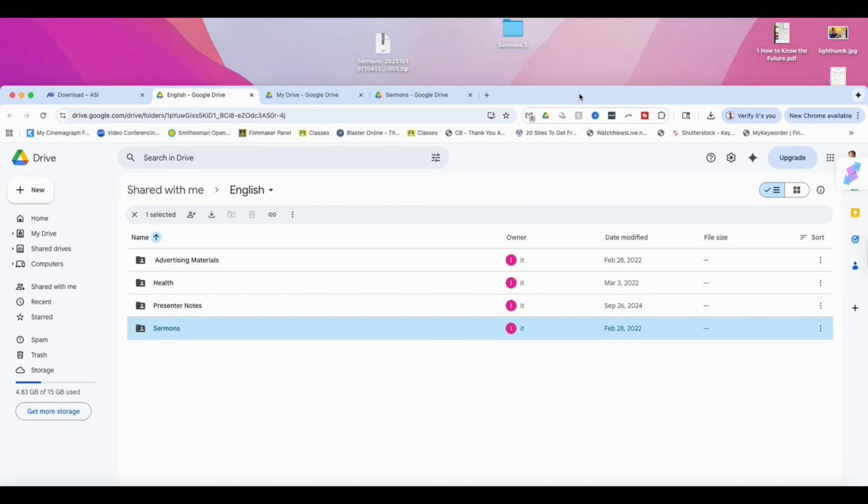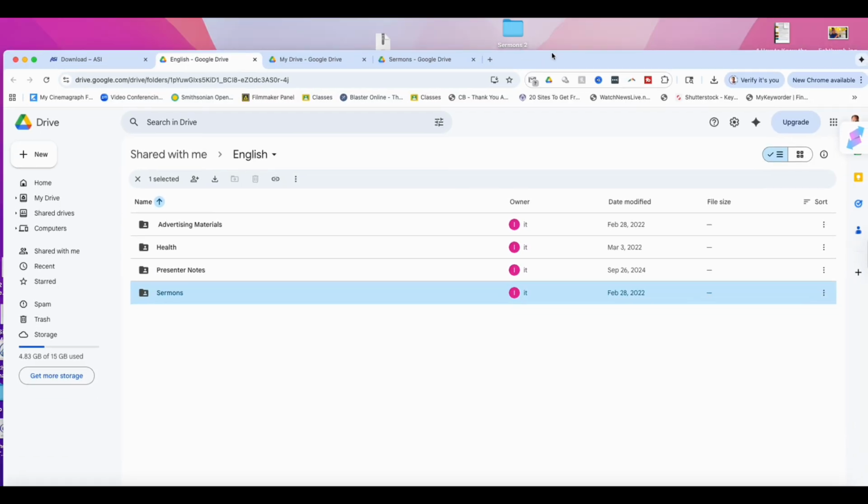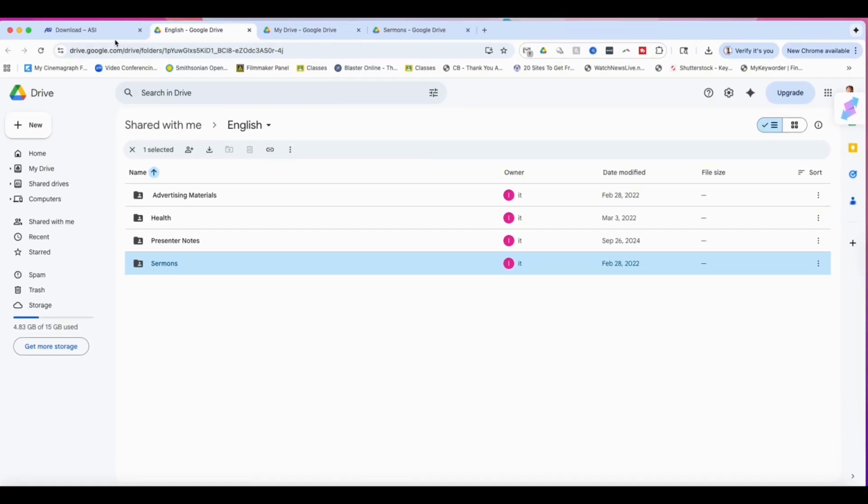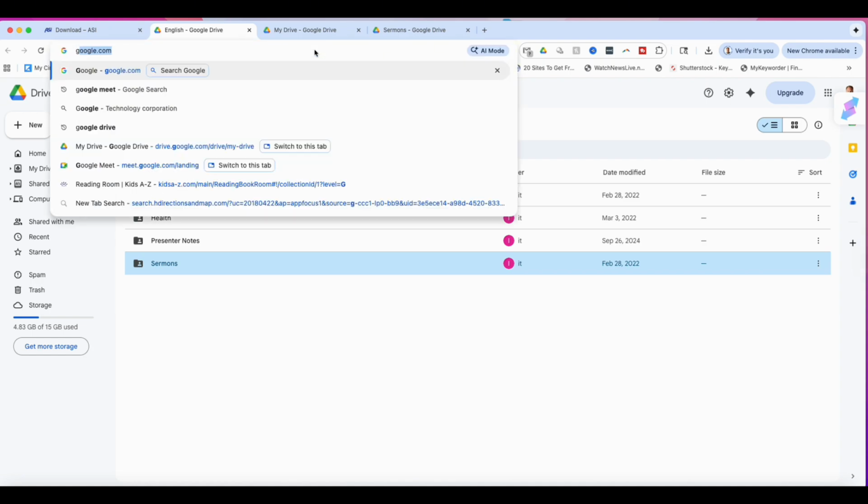And I'm going to show you right here, when you double click it and open it up on your desktop, this is just dragged to my desktop, you're going to get a folder that says sermons. Mine says sermons too because I've already downloaded it. So then after you have it downloaded, you're going to go to Google Drive. Now we can go back, if you don't know where that is, we can go back to